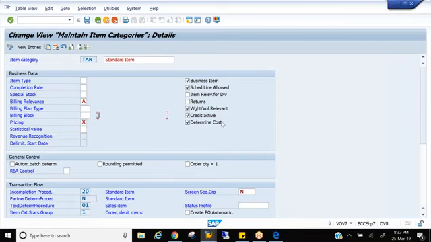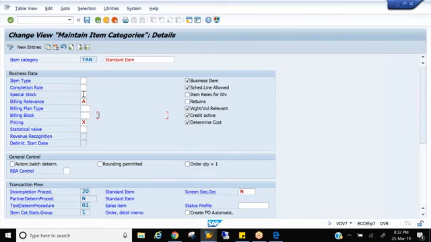The next is determine cost. What is the condition type for cost? And where do we create cost? It's in the material master. Right? So the condition type is VPRS and we maintain it in the material master. That means even though we maintain the cost price in the material master, unless you activate this, it will not come into the sales document. When you activate this particular determine cost, then only it will come into the sales document.